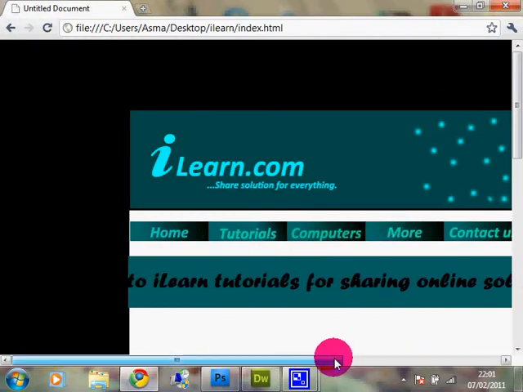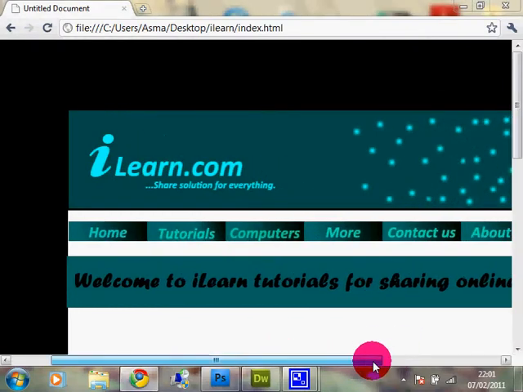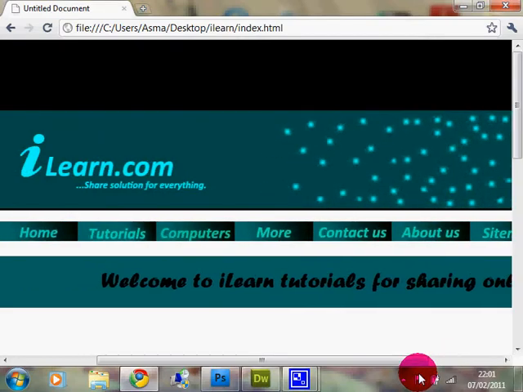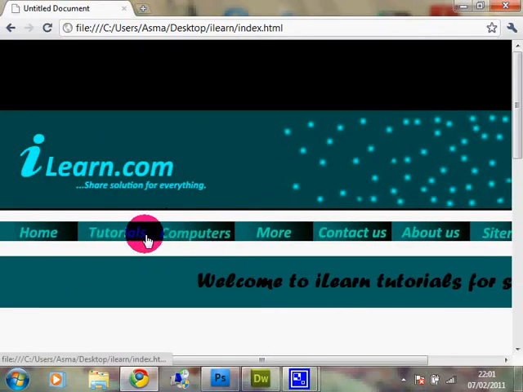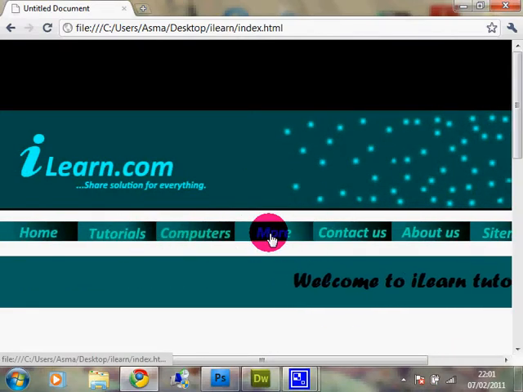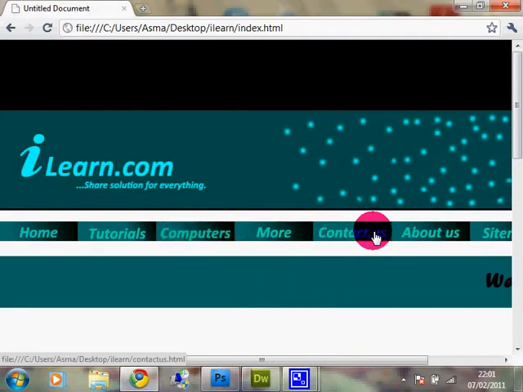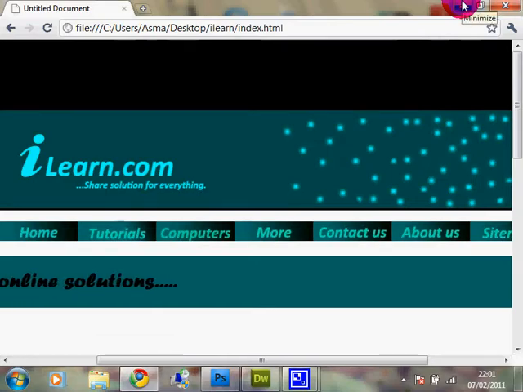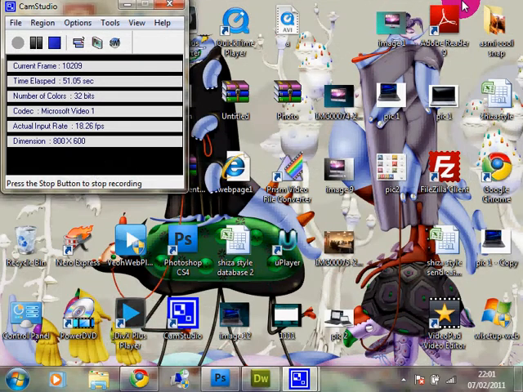As you can see, I have created a web page for you so that I can show you an example of this rollover image. You can see my mouse cursor is moving over here, and so nicely they have been created. It is due to two images put together in Dreamweaver. So I'm going to show you today how to use Photoshop buttons to create a nice rollover menu bar.